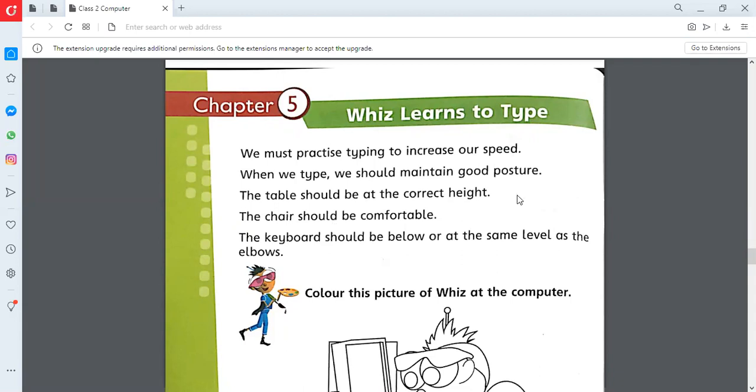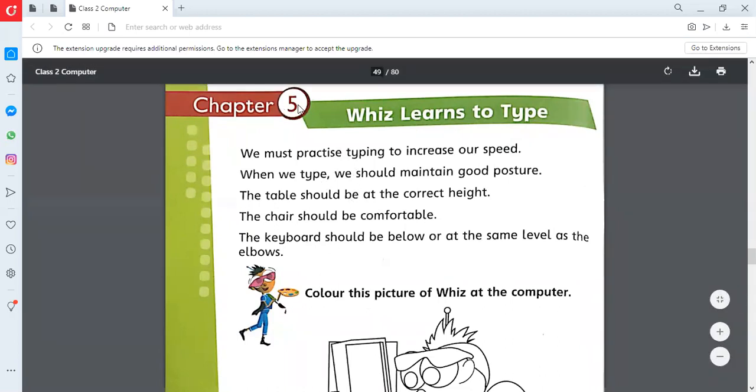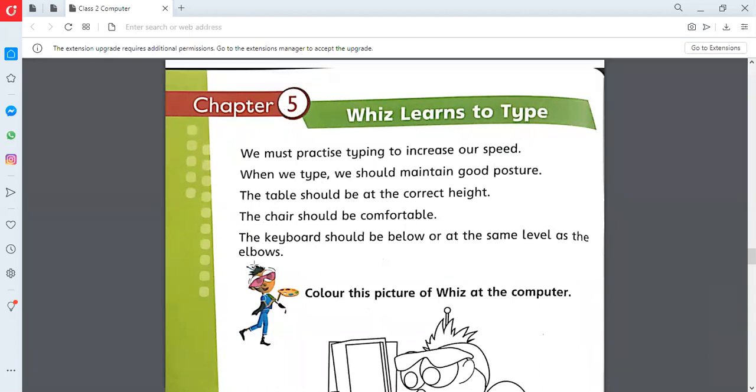So, very nice. These are the 4 students who sent the correct answers for the keyboard. That's nice. It's a keyboard. Now, the first line of page number 42 is saying that we must practice typing